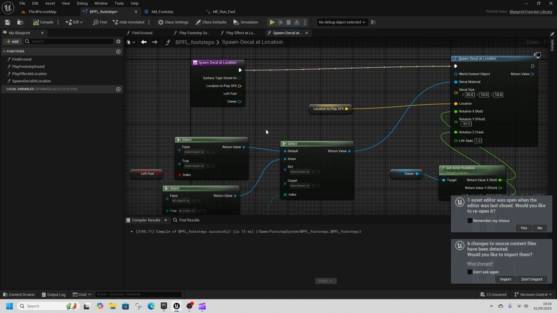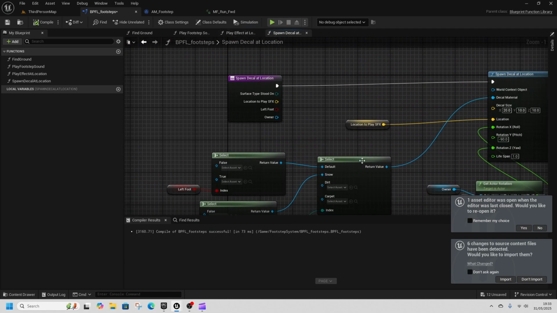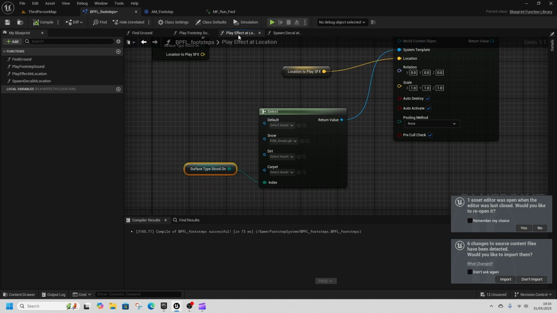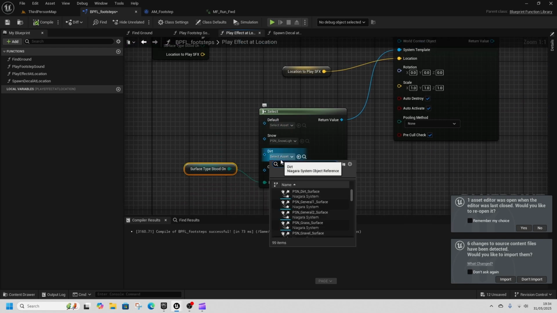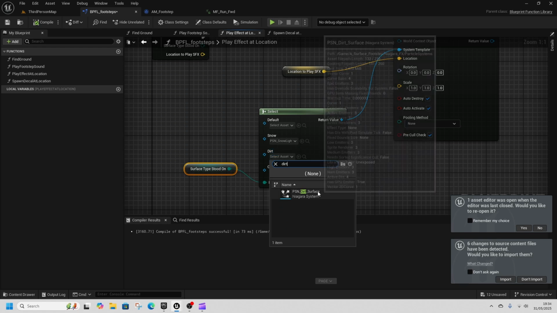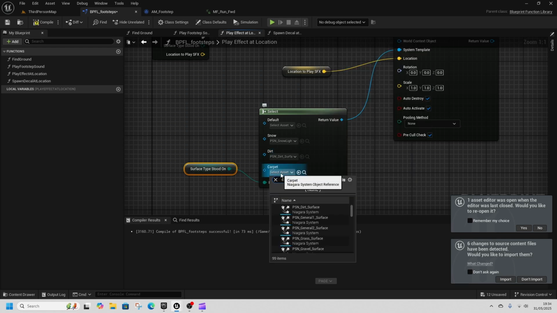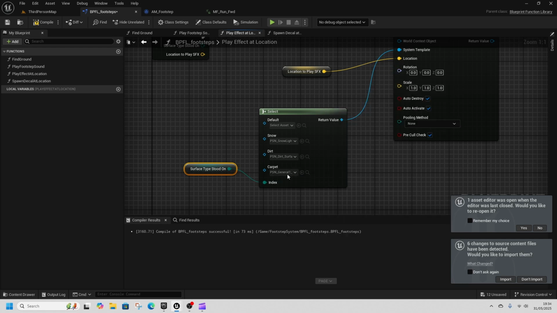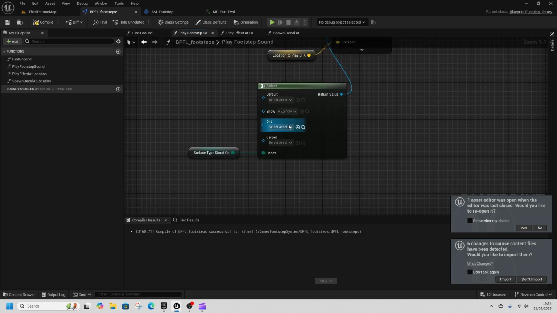So, as I say, I haven't got any footstep decals or anything else, but if I come to the effects, then we can get dirt. And we can do carpet. I think this is called linoleum. No, there isn't a carpet effect. General one surface. And then in play footstep sounds, we can do